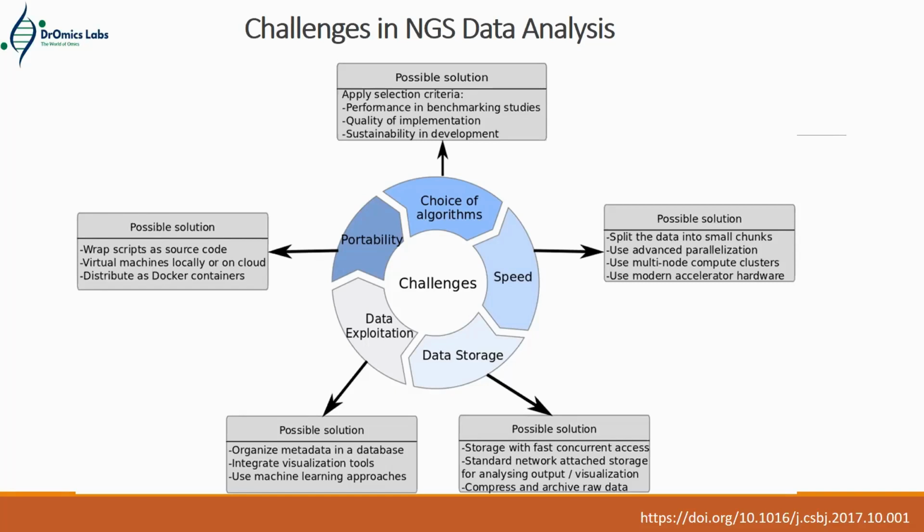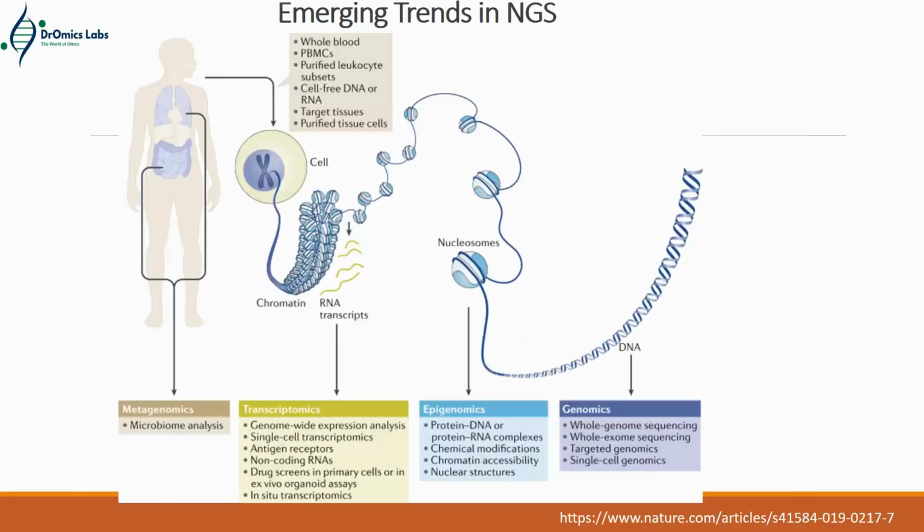Data exploitation is another way of analyzing the data. You can use AWS. And portability, just like I said, it should be available to everyone. If I don't have a laptop, I have a mobile, I should be able to see the results. I won't be able to analyze the data on my mobile right now, but at least I should see the results. So yeah, it's a naive field you can think about. So going ahead, so what